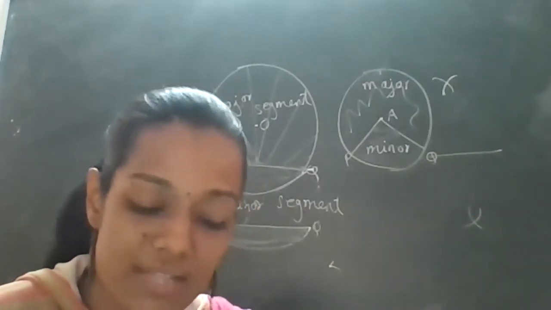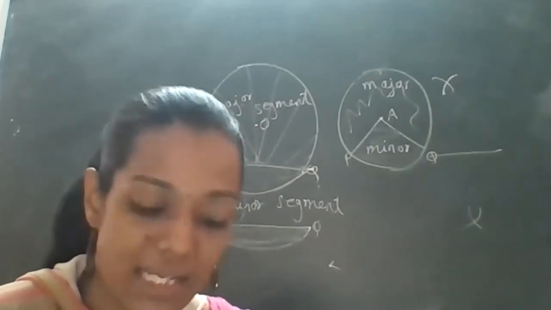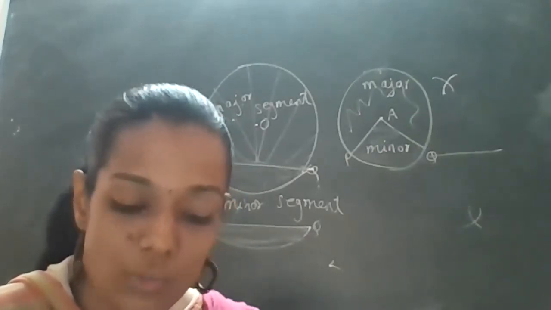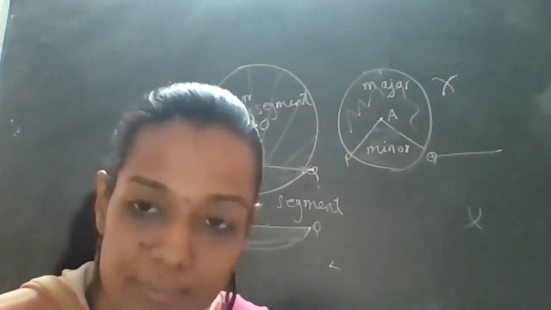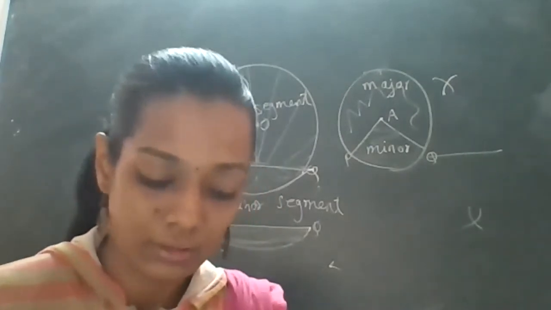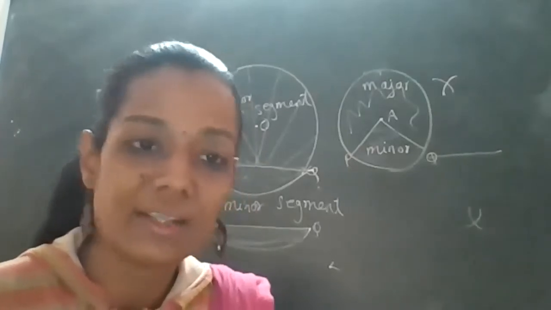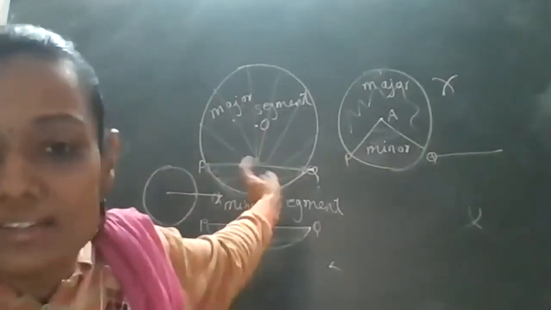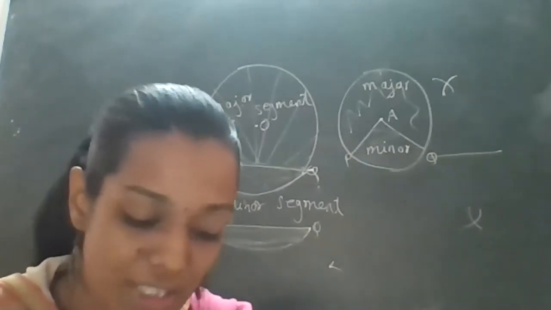Write true or false and give reason for your answer. First question. Line segment joining the center to any point on the circle is the radius of the circle. False? Oh, we call it the radius only. From the fixed point, that is the center, to any point of the circle is called the radius. Right? So it is true.